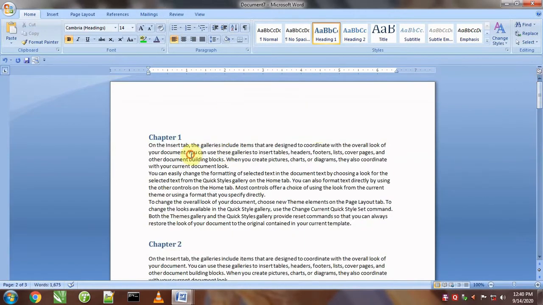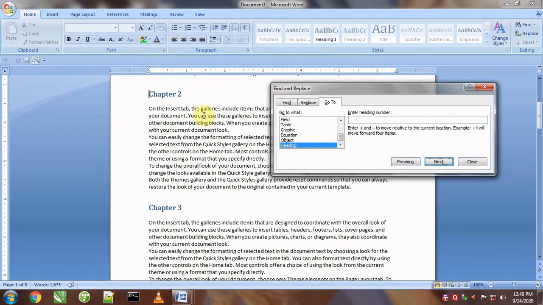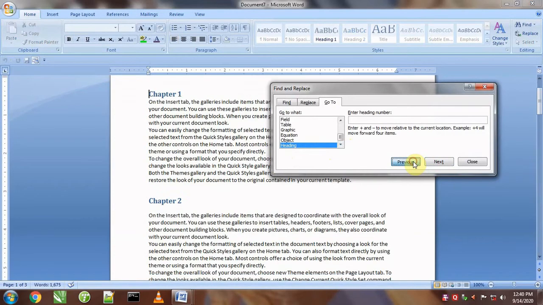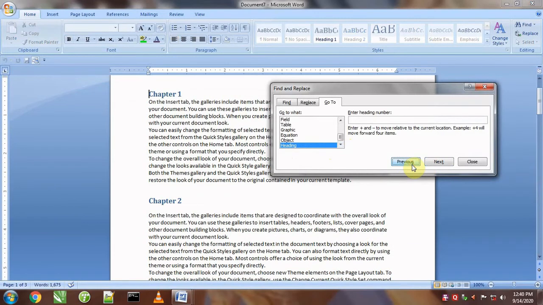Now I will say Control G and go to heading. So by the help of this command we can visit all headings present in the document one by one. The next command will move to the next, and the previous command will bring us from bottom to top.